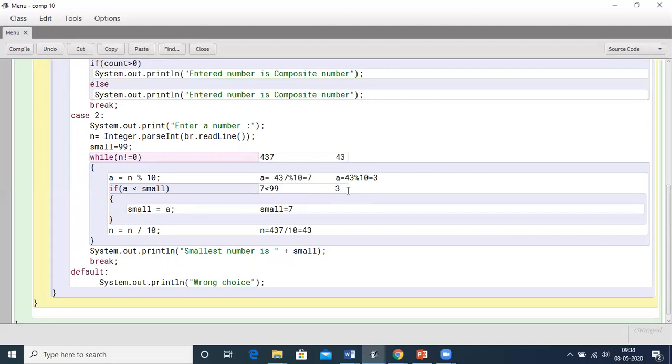So is 3 less than 7? Yes. So the value in small will become 3. And next n will become 43 divided by 10, that will give you 4. So we have over here now 4.